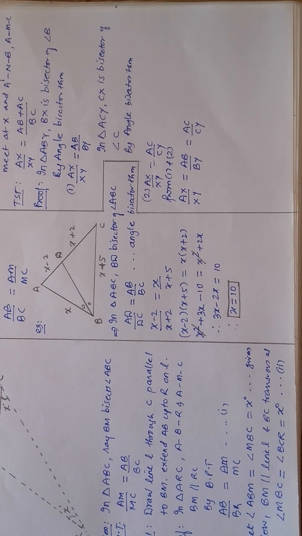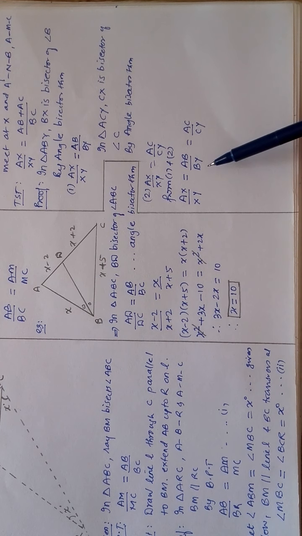Now the question that arises in my mind is that it is not telling me AX is to XY is equal to AB plus AC. That means I have to add these ratios, right? So if AB and AC add, what will happen to BY and CY? That also will add obviously, and if it is going to add, then it becomes BC. But how can I add only these two and not this? So there must be something which tells me that I have the liberty to add.